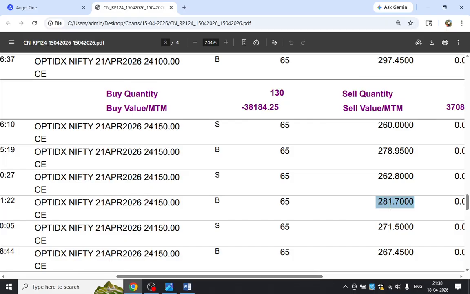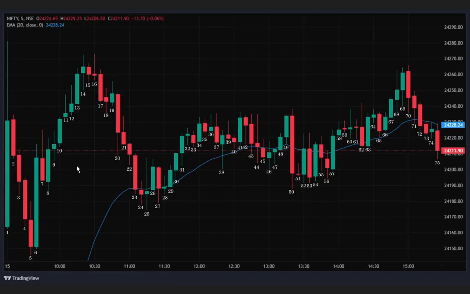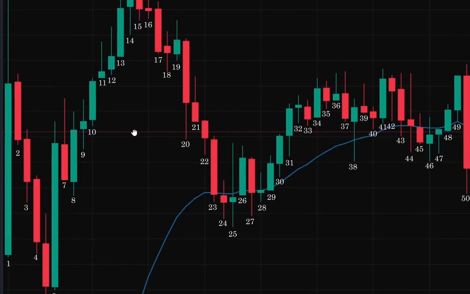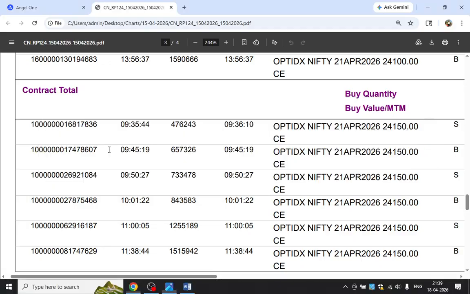I don't know how much it is, 22 rupees of loss. So this was also a mistake, but getting out of the trade was a good thing. Sometimes people don't get out of that trade, they don't put their stop loss, and this is a huge 50-60 rupees move, which is much costlier, a much bigger loss.